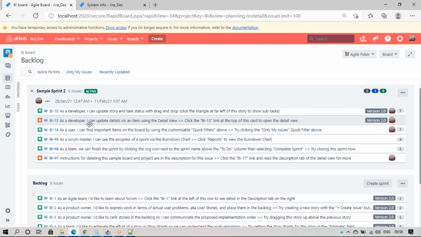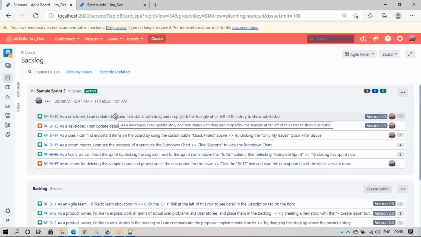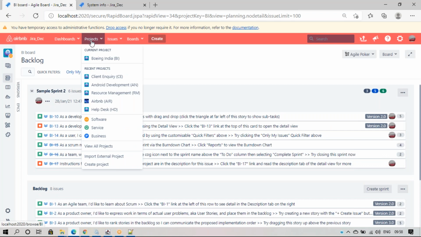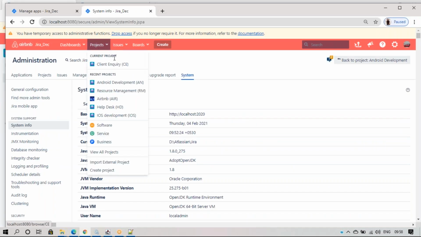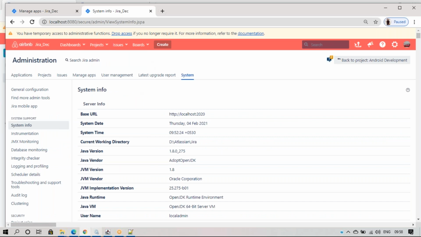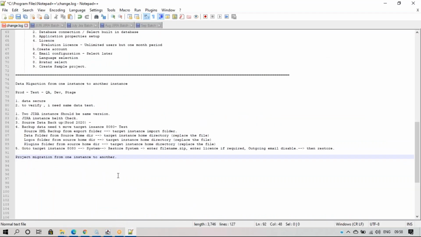So the sample data is created. Okay, I need to move this data in only these projects. Some, like Boeing India, I don't have this project in this place. So how can we move only one project? We have two methods. One is the backend process, which is how we are doing it now, and also we have